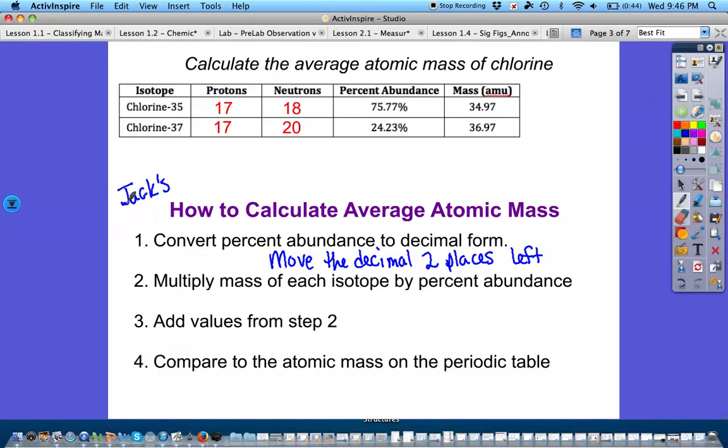Both of them are basically doing the same thing, but I like to just move my decimal over versus dividing by 100, because then it's one less thing I have to put into my calculator. So we're going to move our decimals 2 places over, and that's going to give us